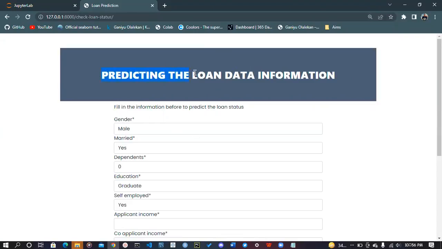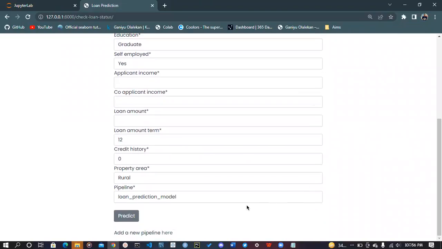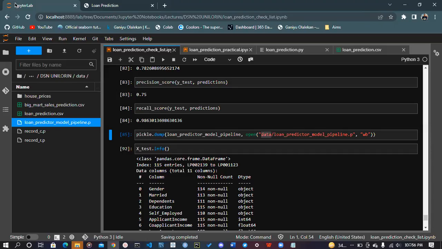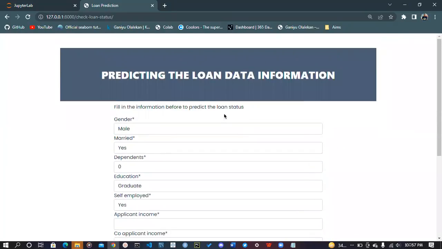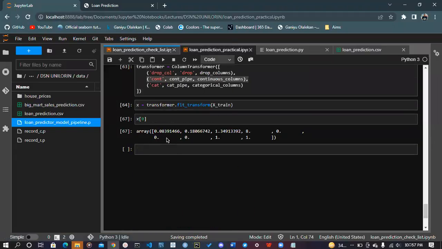We are trying to predict that same information, making use of the model that has been serialized behind this. The name of that model is the loan prediction model, which we'll load and use to make predictions on the data set, given a series of information. From the test data set, I want to pick out some